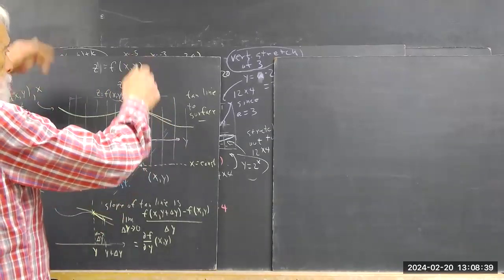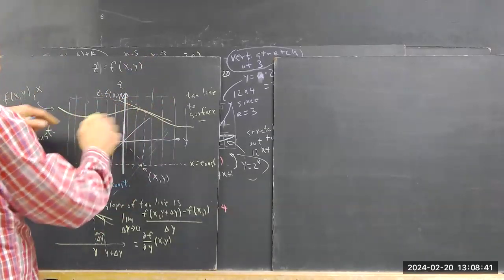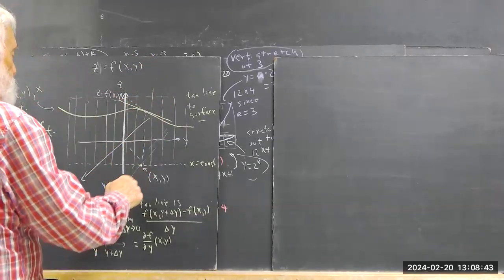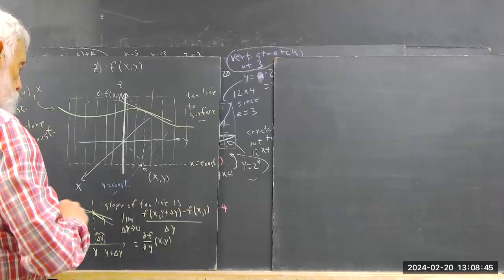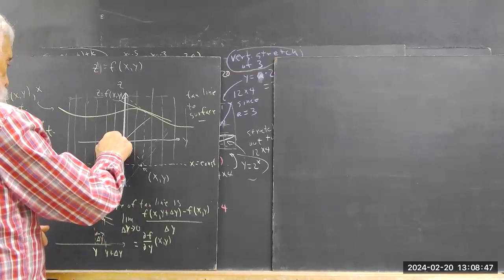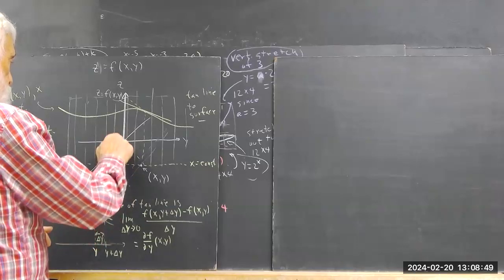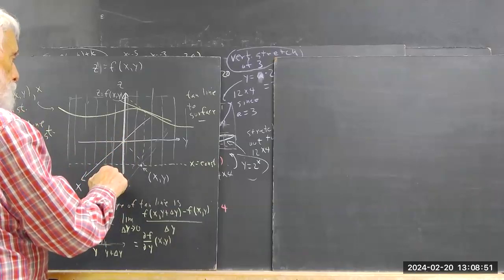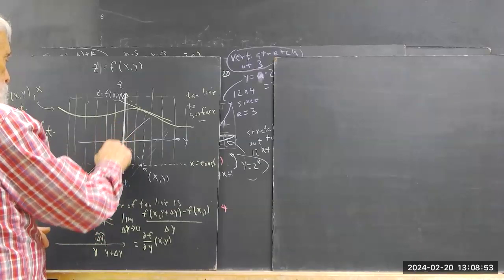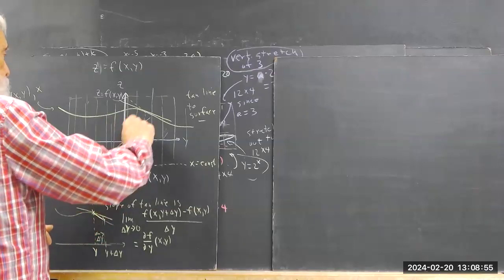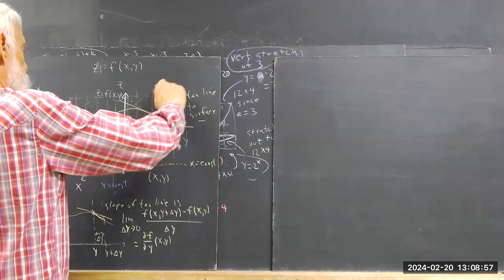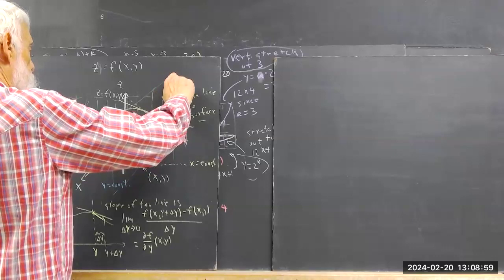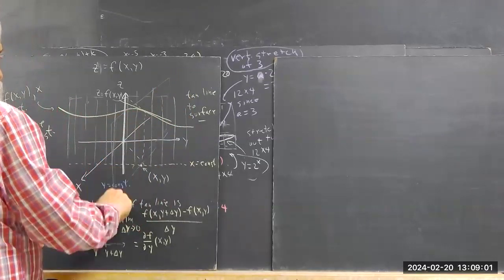That plane extends forever, but I'm only drawing it up to here because that's as far as I need to go. And I'll do something similar with the plane Y equals constant. I'll come up to, let's say, about here, move off parallel to the X axis. I'm going to this point, and then